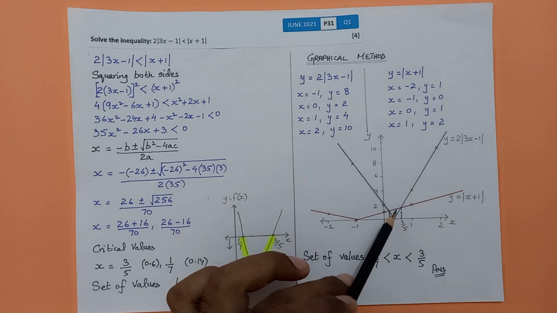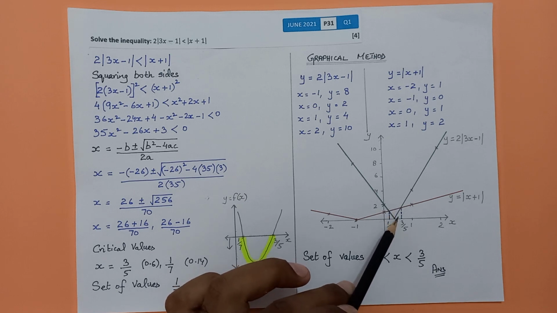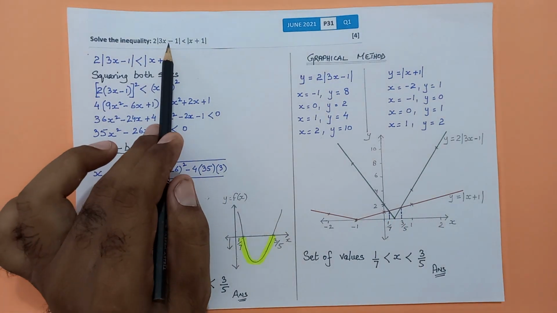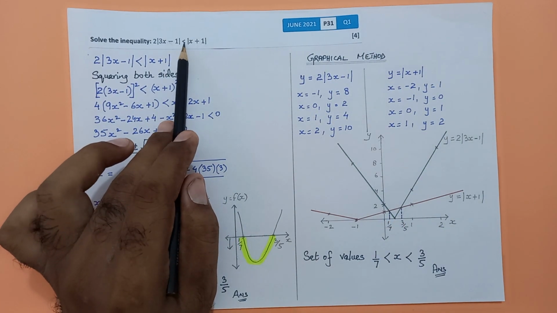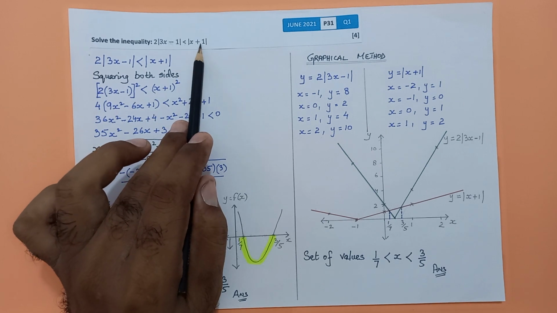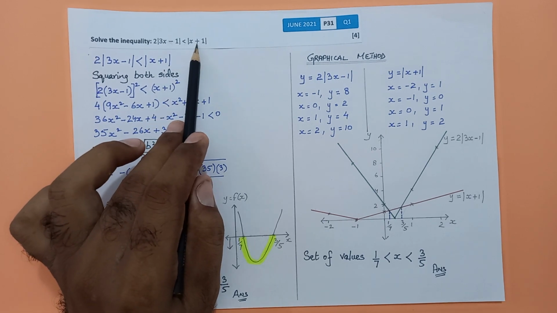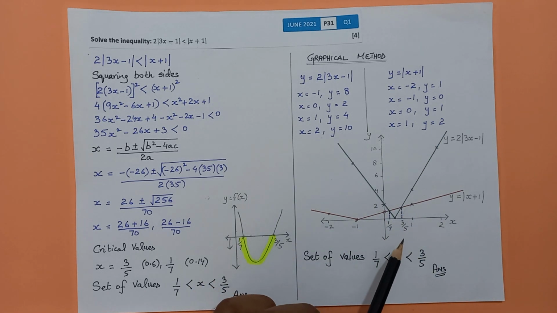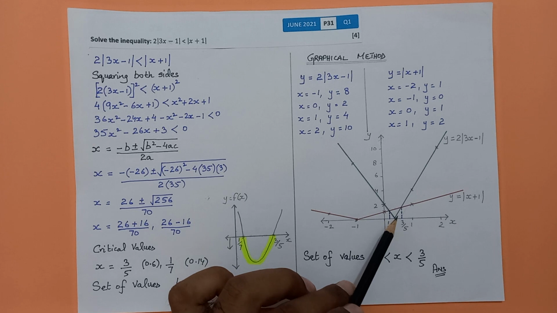But over here the red line is above the green line, which means the red line is greater than green, or in other words, the green line is less than red. So green line is less than red means this is representing green is less than this red. After looking at the question and the graph, it becomes very easy for us to analyze that the area